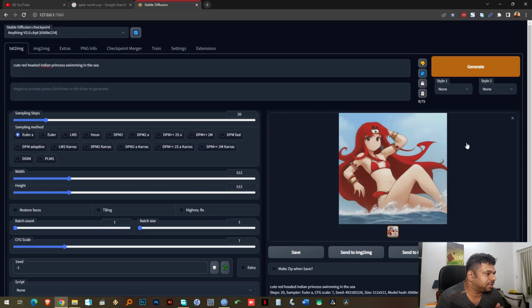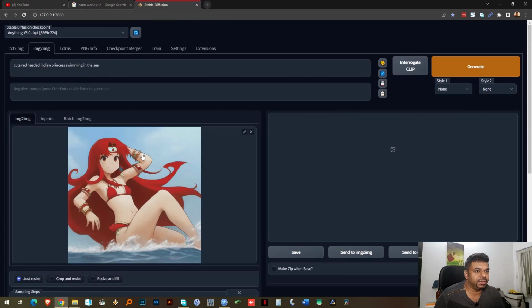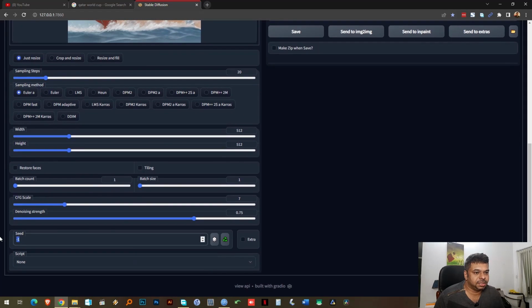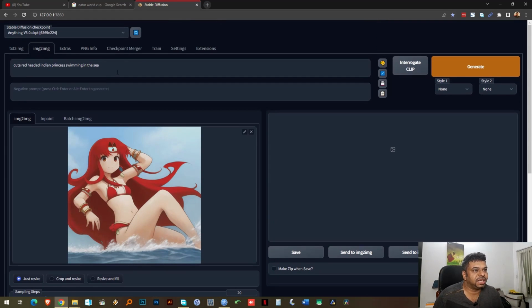So we have this cute red-headed anime girl, and now we want to turn her into 3D. This is already somewhat 3D. It has these nice shades that give her a bit of depth. But let's see if we can do even better. So we'll send it to image to image. But before that, I'm just going to copy the seed from here, go to image to image, and put that seed number here so that we get the same image, except we're going to change the prompt from cute red-headed Indian princess swimming in the sea to the same, just 3D